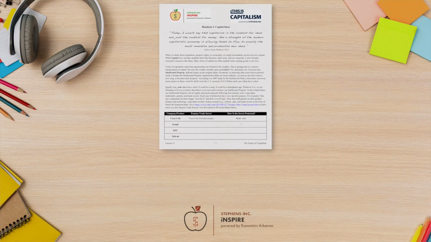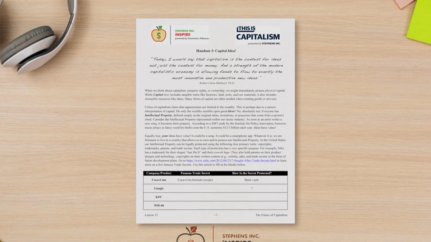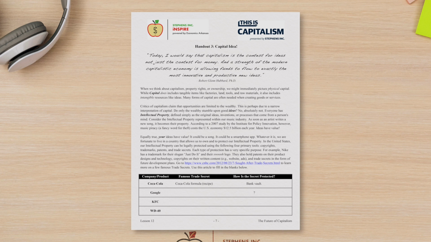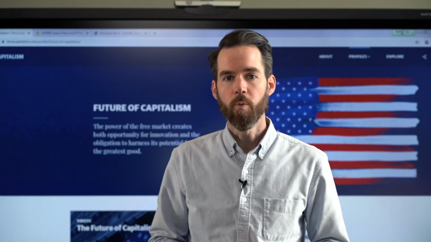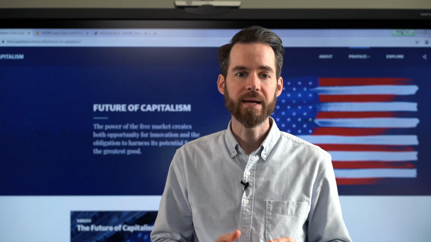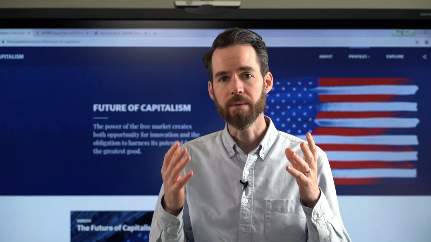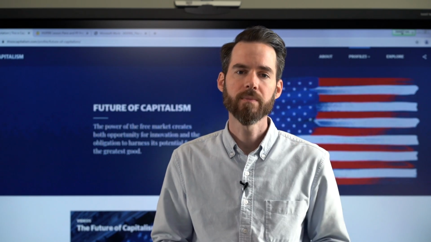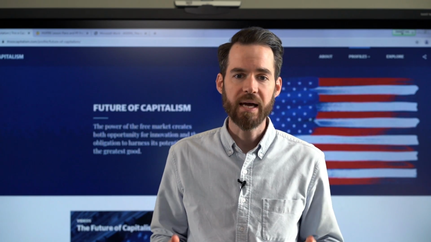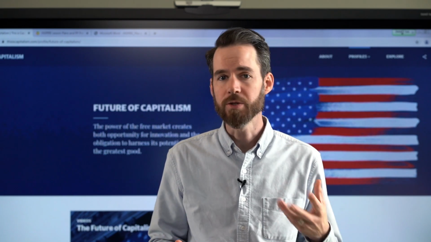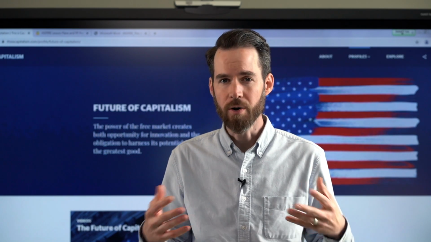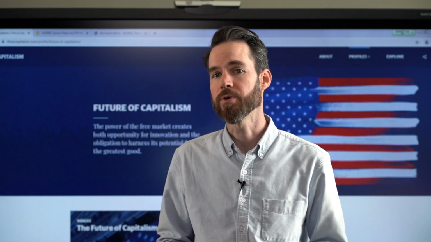With students still in their teams, distribute a copy of handout 3, Capital Idea, to each team. During this activity on intellectual property, students will learn more about a few famous trade secrets and how they are actively protected. When we think about capitalism, property rights, or ownership, we might immediately picture physical capital. And while capital does include tangible items like factories, land, tools, and raw materials, it also includes intangible resources like